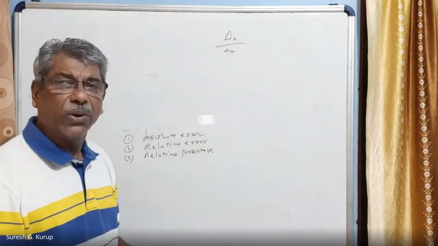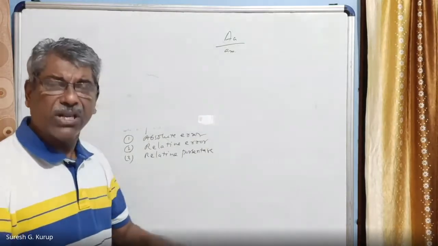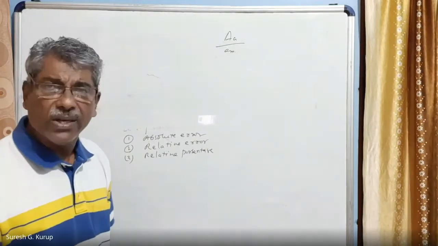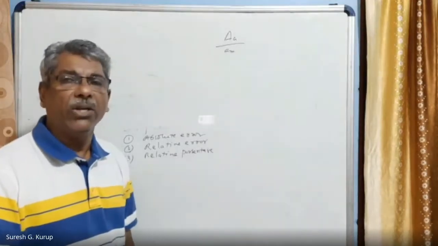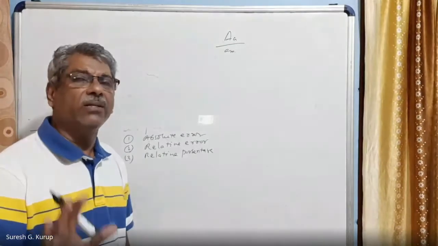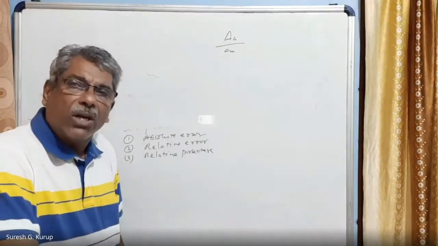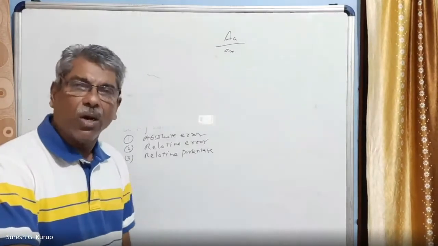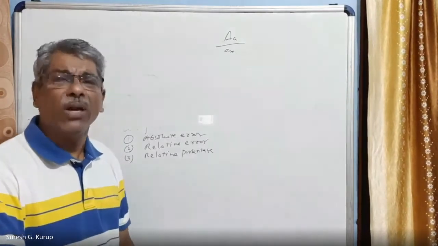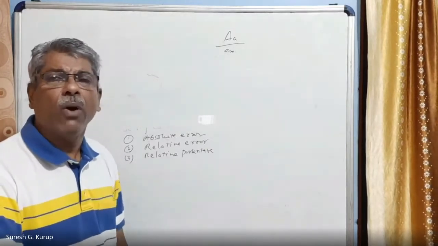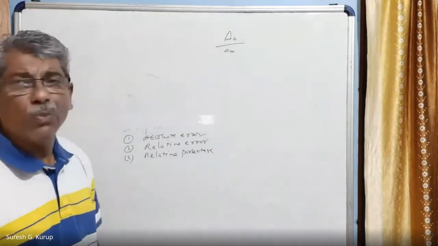So this is what you call errors in measurements and how errors are represented. Errors are represented three ways, which are they? Absolute error, relative error, and relative percentage error. What is relative error? It is the ratio of absolute error to the real value of the observation. Real value means true value. How is the true value obtained? By taking the mean or average of all the observations made by the observer.